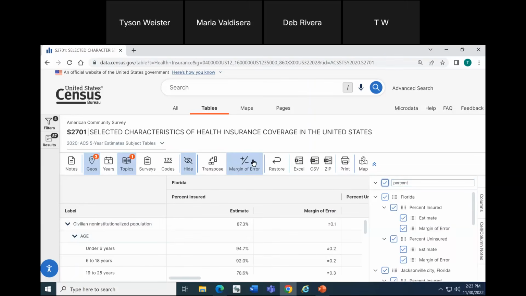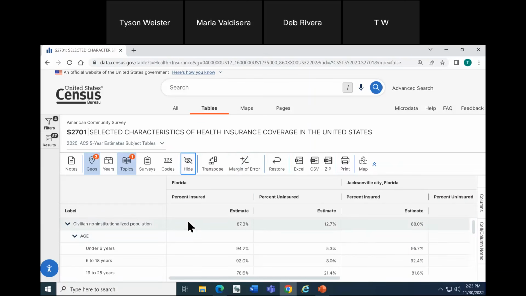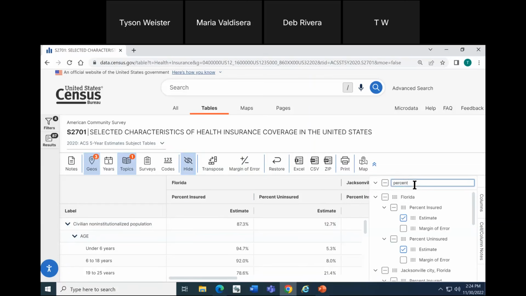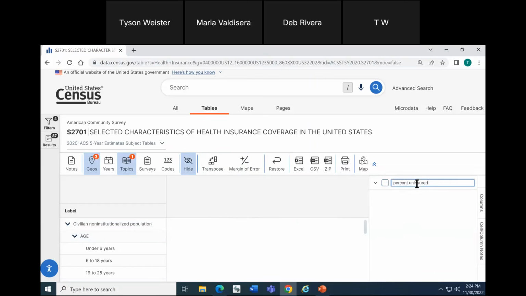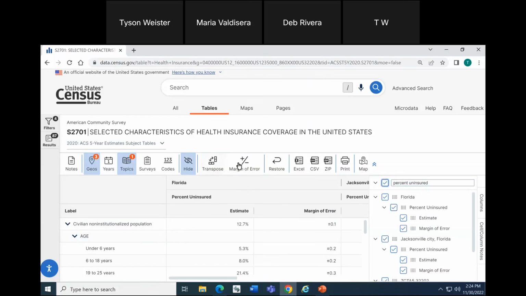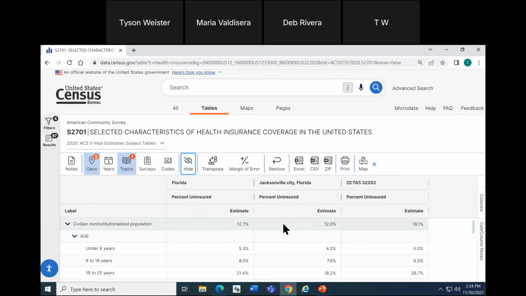I just want to show you how you can conceptually use the site and clean up the view and look at the data. Let me adjust that here. So I'm going to type in % uninsured. All right, so here with those edits, again, we're going to go through those step by step.